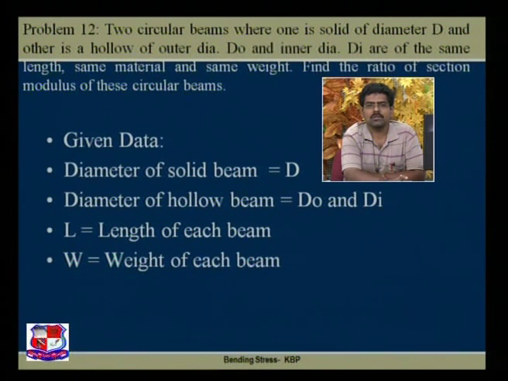Find the ratio of section modulus. Our aim is to find out the section modulus of the solid section divided by the section modulus of the hollow circular section. So, with this given data, let L be the length of each beam and W the weight of each beam. Then,